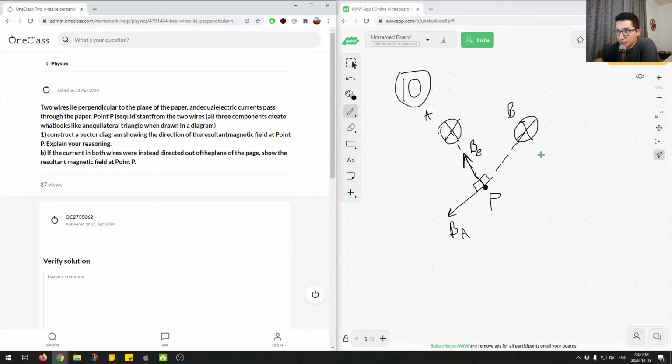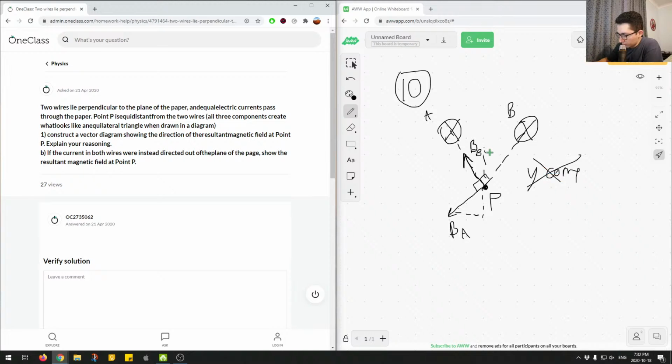And since these are equal electric currents, we know equal electric currents will give us equal magnetic fields. So each wire provides an equal magnetic field. We can see from this that each one will have a y component and an x component, and a y component up here and an x component. Since the magnitude of the magnetic field of the first wire and the magnetic field of the second wire are equal, we know that the y components